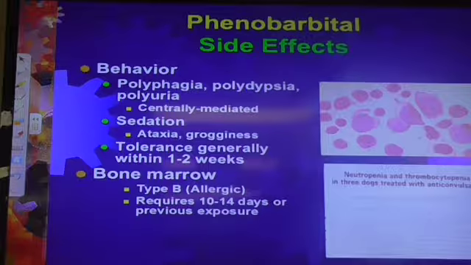All right, so the last one is something that's unique to phenobarbital, and it happens, I think, with any drug that can be metabolized by the liver, because I think it's probably an active metabolite, and that's bone marrow suppression. It generally is a pancytopenia, but you usually see it because of the leukopenia. Usually what happens is the animals develop a fever because they're neutropenic.